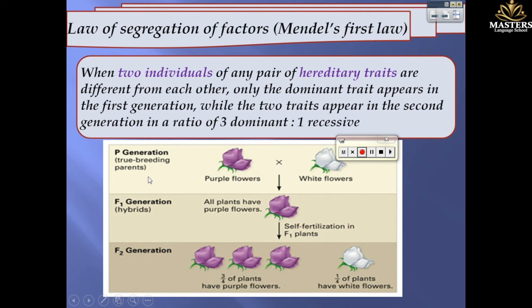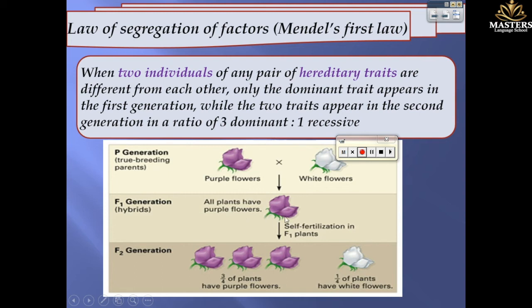One parent has purple flowers and the other parent has white flowers. The first generation, represented by F1, all have purple flowers